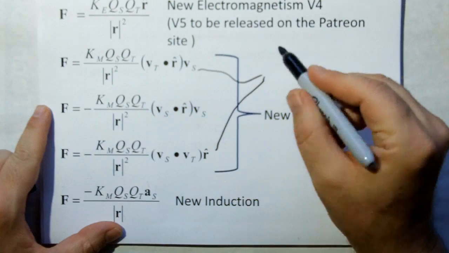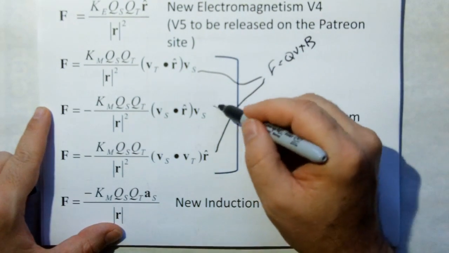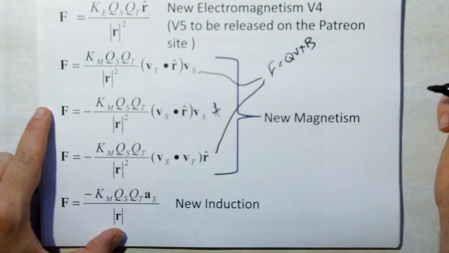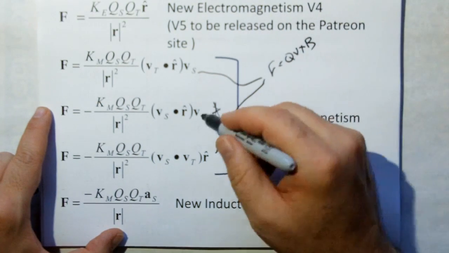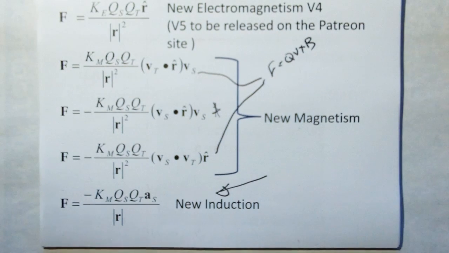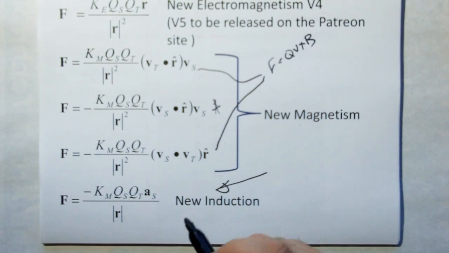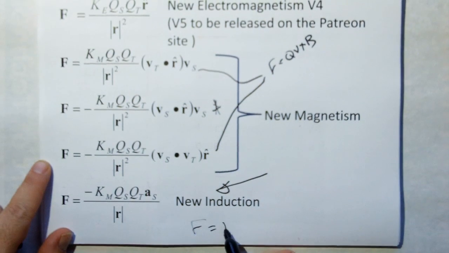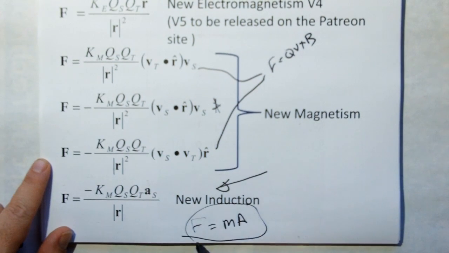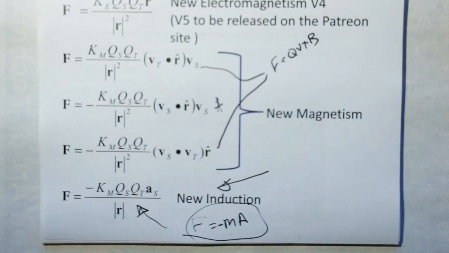These can be derived from F equals Q V cross B. This was inferred from experiments that are missing from the other well-known experiments. And this I went and actually searched, and if you go to the Foundation Series playlist, you'll see how I came up with this very simple experiment with wood, wire, and glue, and found a better model for induction that looks more like F equals MA. Or in the case of engineering, it's usually done F equals minus MA, so that's what that is.